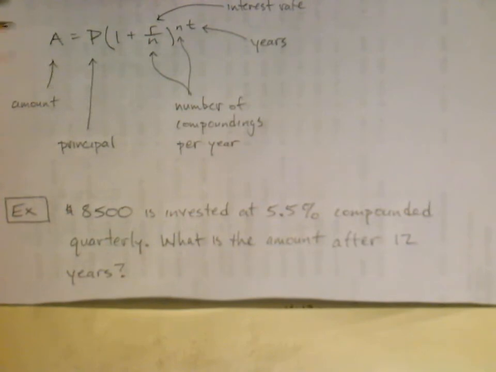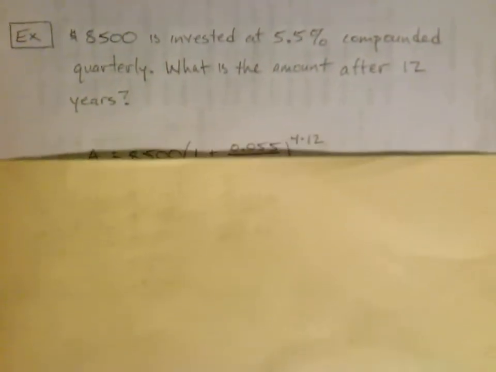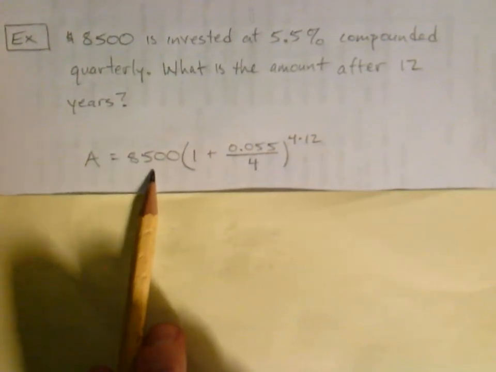Okay, great. So we've got a nice formula for that. We know we're trying to compute the amount A. So we need to figure out what is the principal, what do we plug in for R, for N, and then finally for T. Well, I'll just show you guys. If we were in class, we would talk through it all piece by piece. But here it is. So the principal is that $8,500, the initial investment.